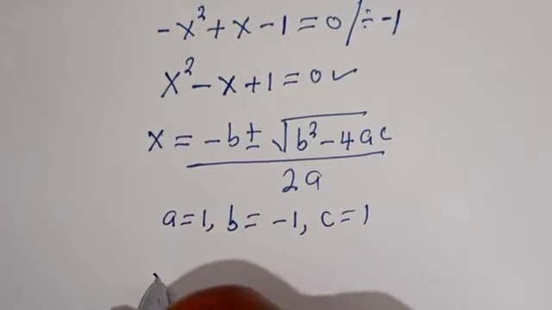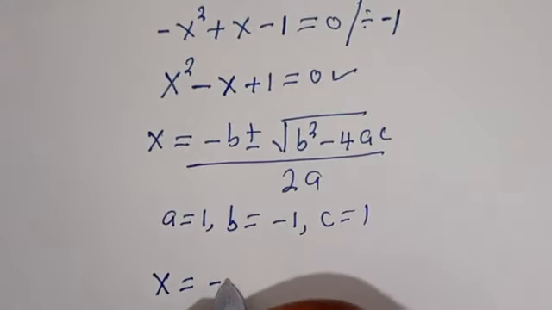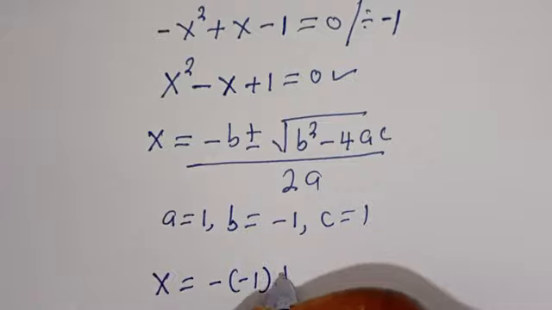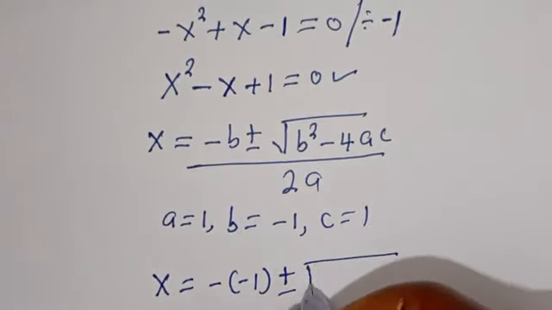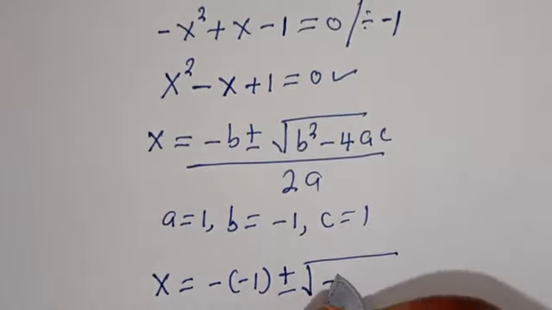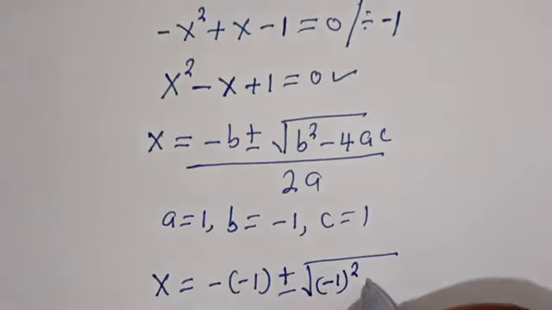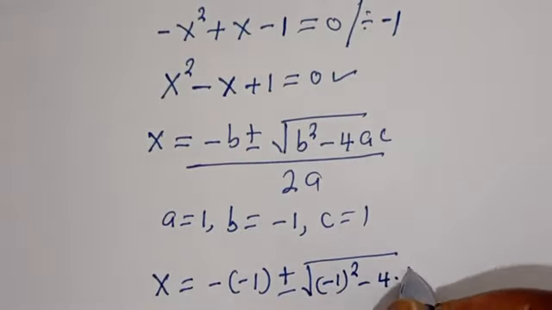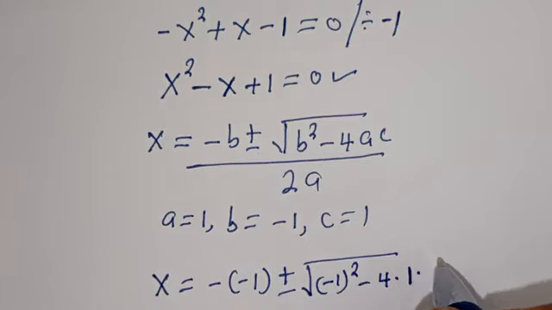Here we have x is equal to minus bracket minus 1 plus or minus square root of minus 1 square minus 4 multiplied by 1 multiplied by 1 divided by